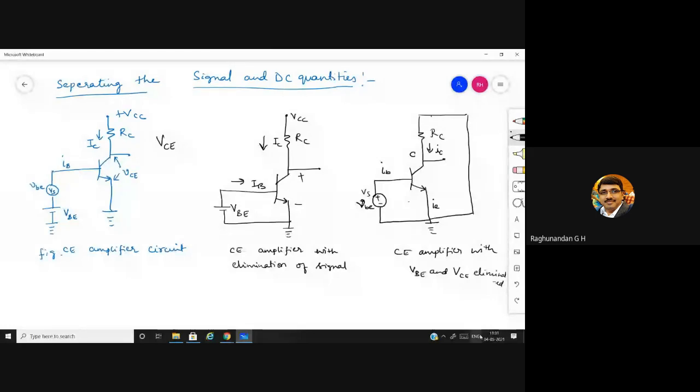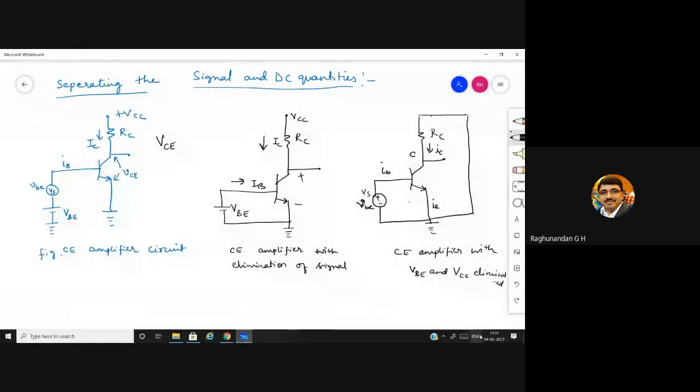This source which is responsible for keeping the operating point was VCC. That VCC itself is absent here. So now we will not know where the operating point actually is. This kind of circuit analysis is known as AC analysis. We are going to analyze the circuit by just giving an AC signal, and we'll try to see what output it can give. Without the help of the DC signal, how the circuit can behave and give out the output. This kind of analysis is known as AC analysis.